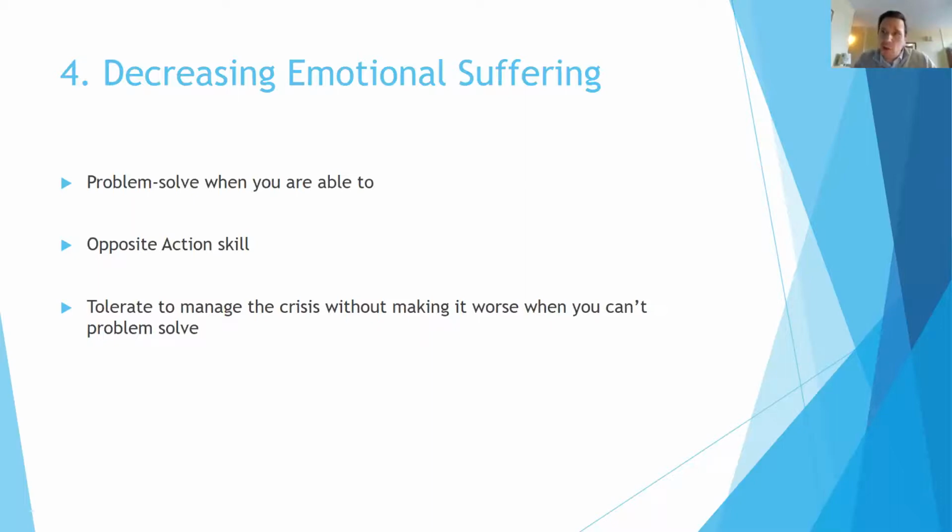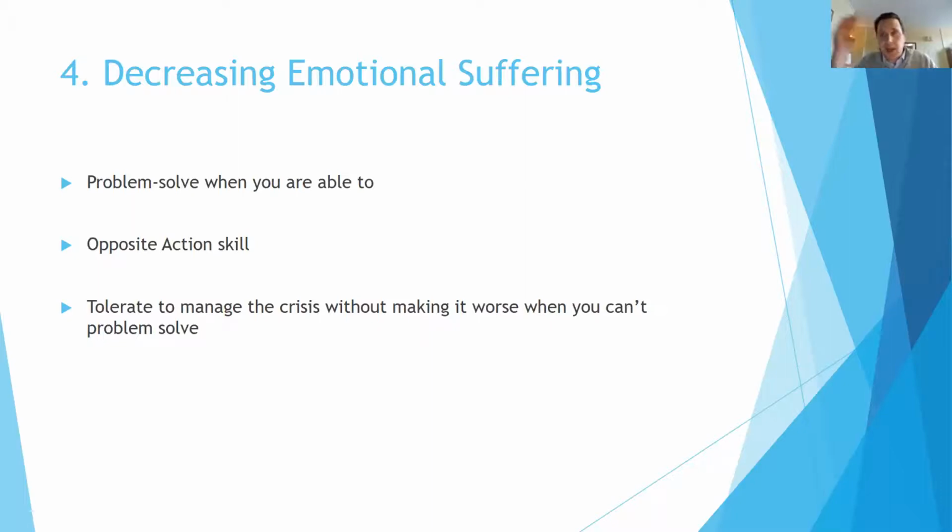And then when in doubt, like if I'm worried about tolerating the emotion without making it worse, sometimes we've got to do what's needed. And we call this survive the crisis. So there are these skills like crisis survival. Sometimes I might need to distract from that emotion until I'm in a place where I can problem solve it, or I can work on opposite action or try to regulate in a different spot.